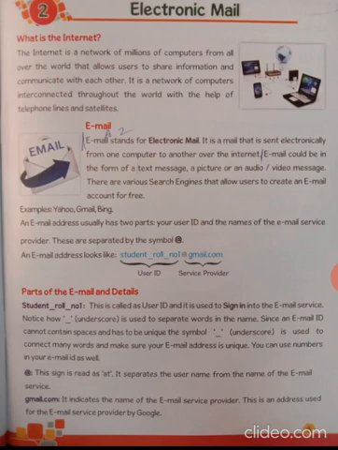Page 7. Opening a new email account. Let us see how to open a new email account on Gmail. See, the 6 steps are given there. Go first to HTTP, the address bar of your Gmail. When you open Gmail, Google, there is an option create a new account. Click on the button create account, fill all the required details in a registration form, type your name, password, and click on next.